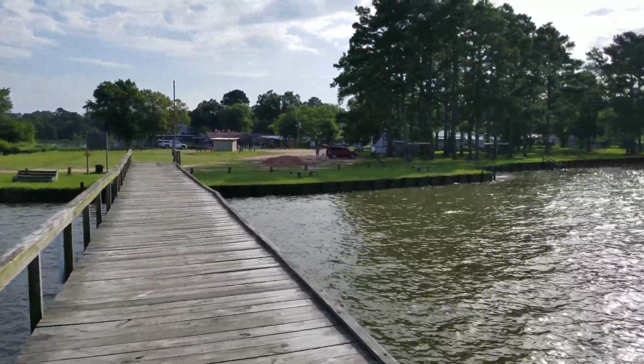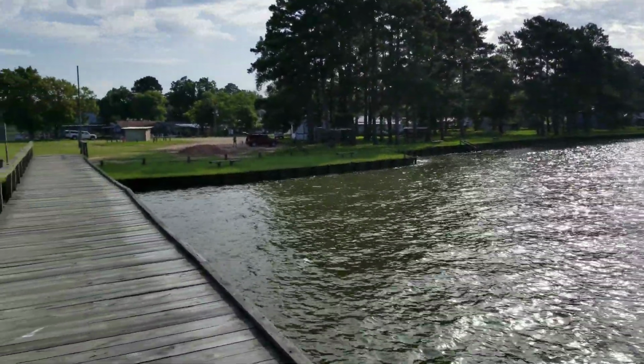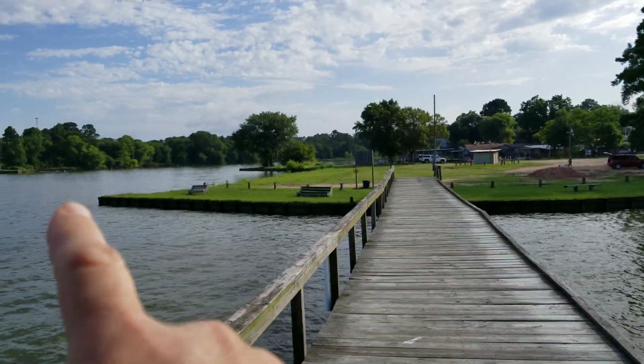Everything all together. You know, here's a shot from the dock. You can have your parties there. You got your bathroom there. You can line up and